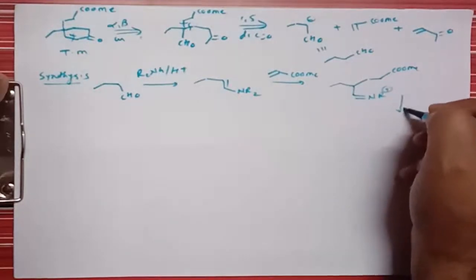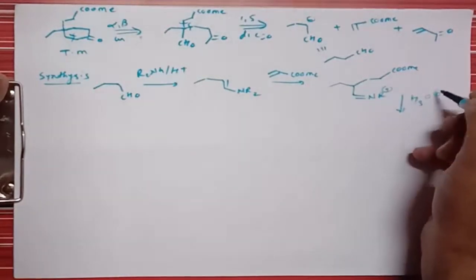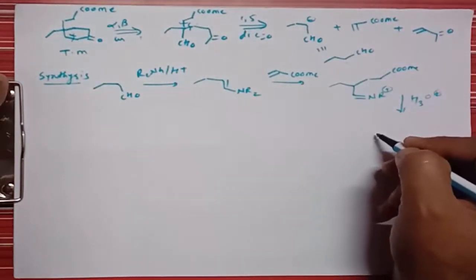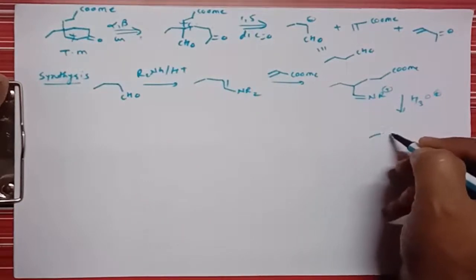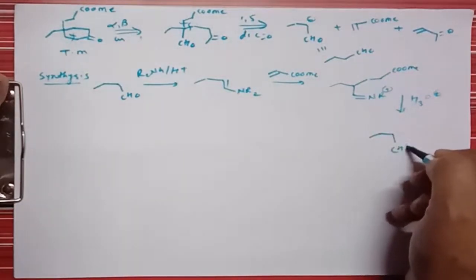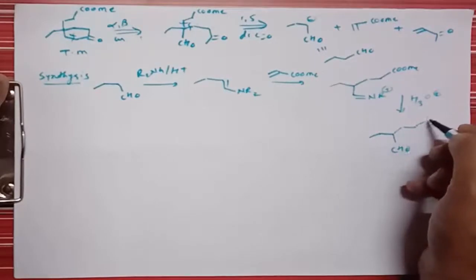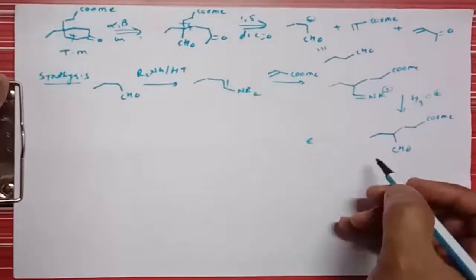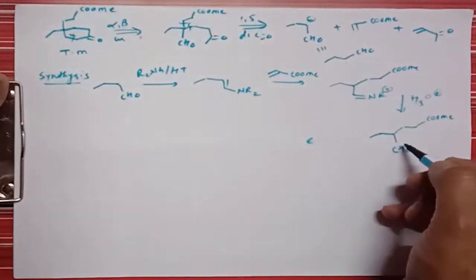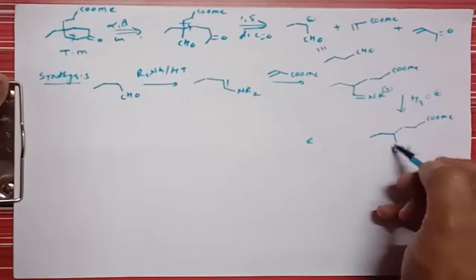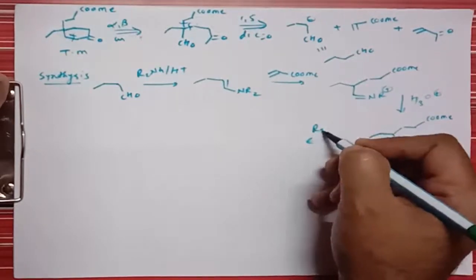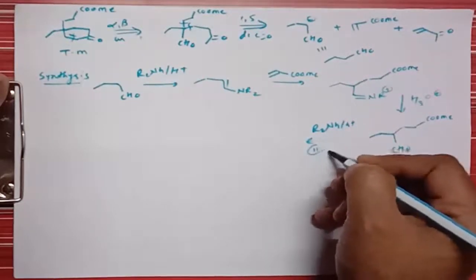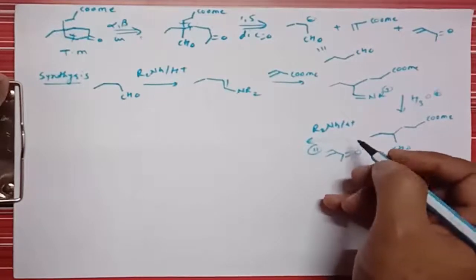And then further, if we use H plus in presence of water, what does it give? It gives formation of an aldehyde at this position, right? So it gives a compound like this, CHO, and here is CH2, CH2, COOMe. Again we have to use an enamine approach. Now here we have two carbonyl compounds, at this position and at this position, therefore we can again use the enamine approach, then treat this molecule with the alpha beta unsaturated ketone, right?